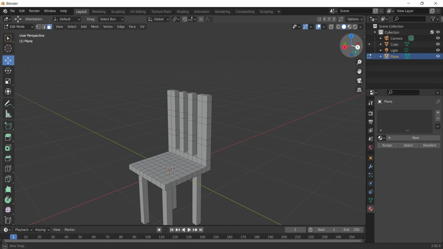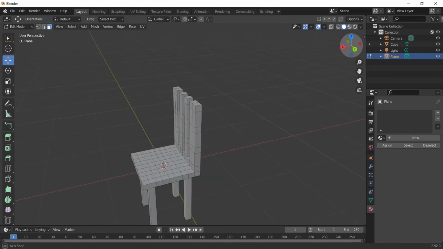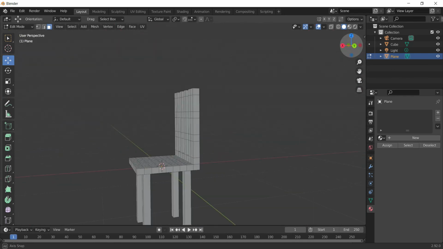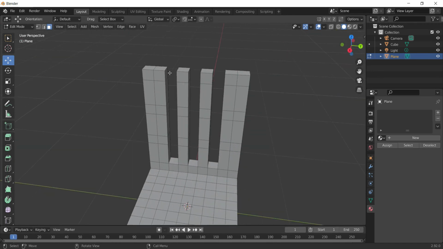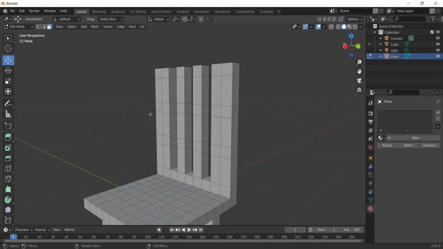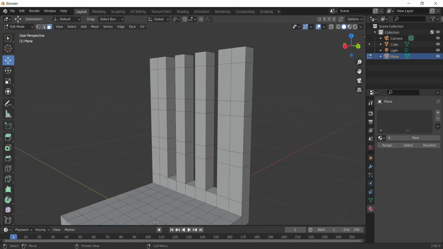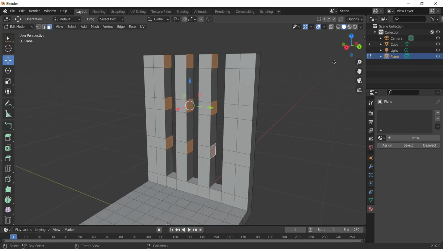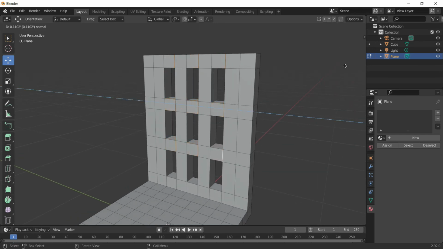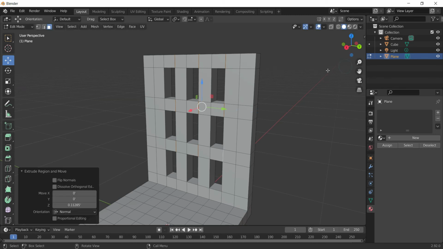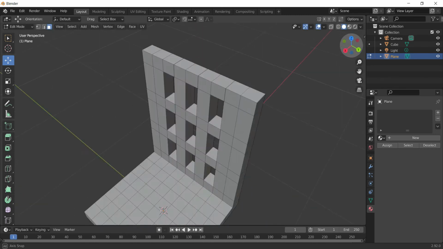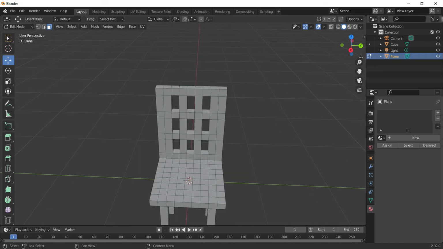All right. So this kind of structure, or design, I have given to my chair. Now its top part seems to be open and it's quite hollow. So let's see how I can use this technique to finalize my design. What I'll do is select these faces on the side of each extruded portion, press the E key, and extrude these faces to close this gap in between. So this is the kind of design which I have thought for my chair, and this is how I want to keep my chair.